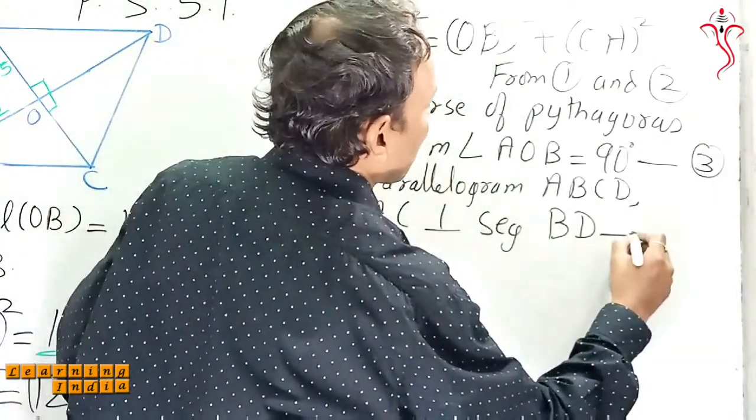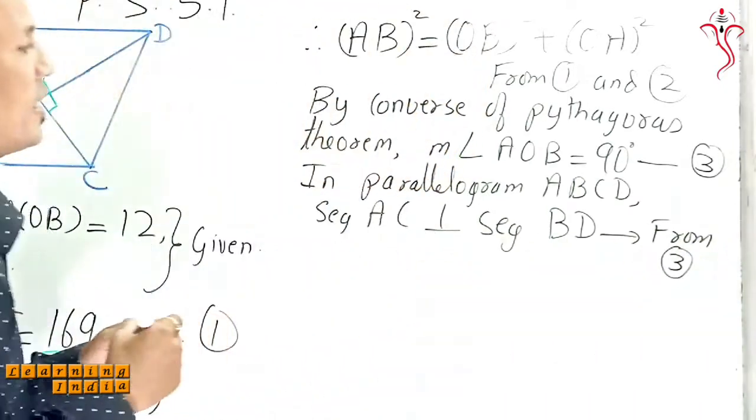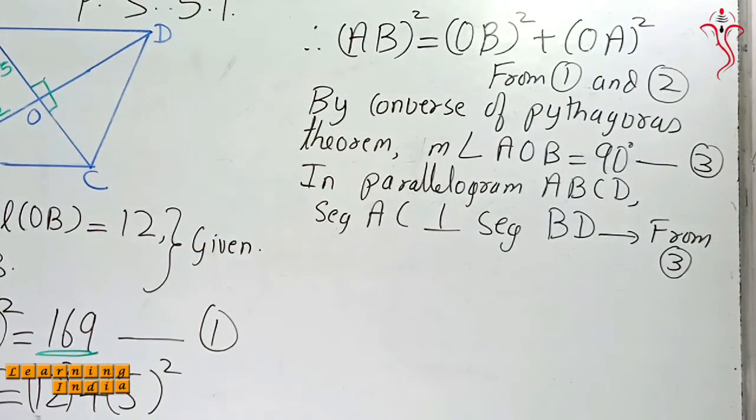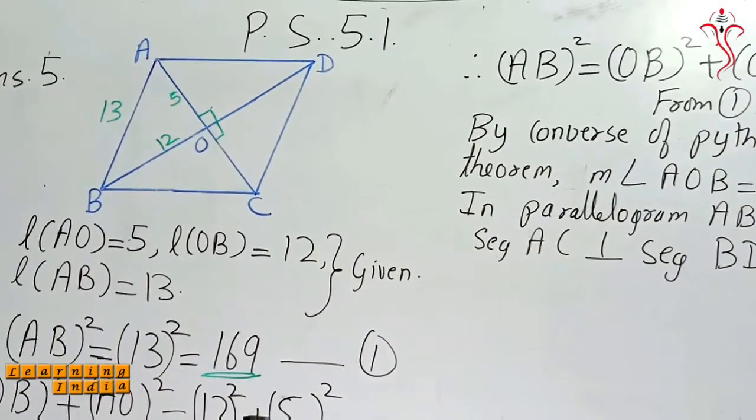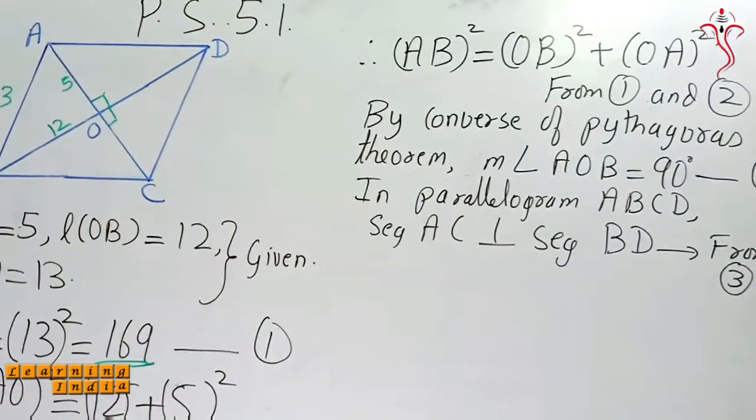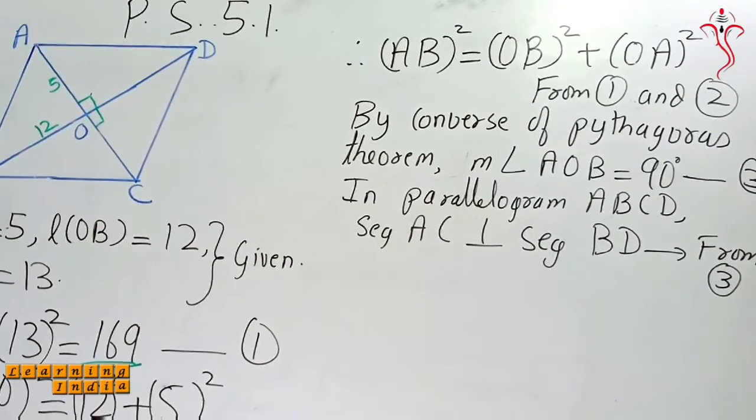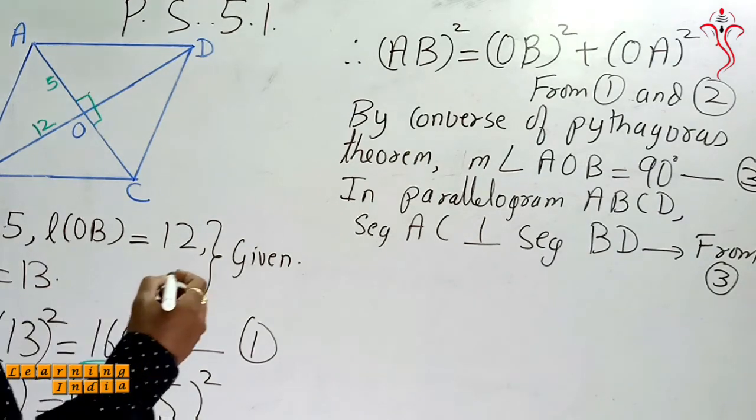Third number. And the reason, see, from 3. Correct. We took 3 here, that AC is perpendicular. See the diagram, AC is perpendicular on segment BD. And we have written the reason also from 3. If we are getting it this way, that one diagonal is perpendicular on another diagonal, so we can say,